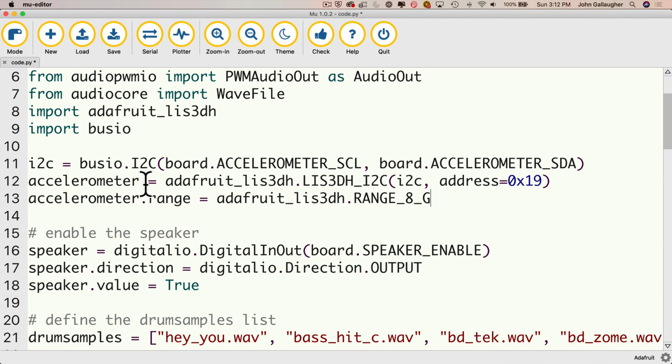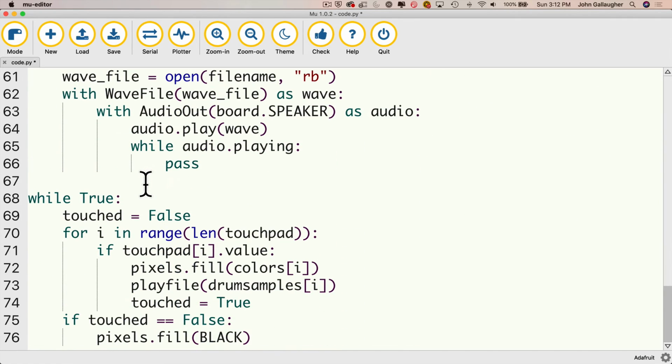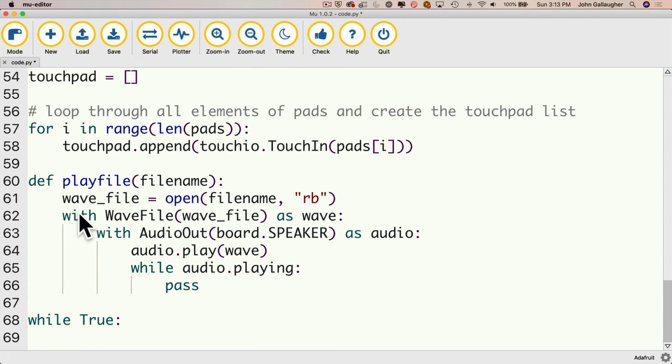Now I'll scroll down to the while True loop. I've got a lot of extra code in here that I'm not using in this particular example, but I might want to use it in a bit, so there's no point in me deleting it. It's not going to be harmful if I've got that extra code in there. I am going to delete everything after my while True loop though,